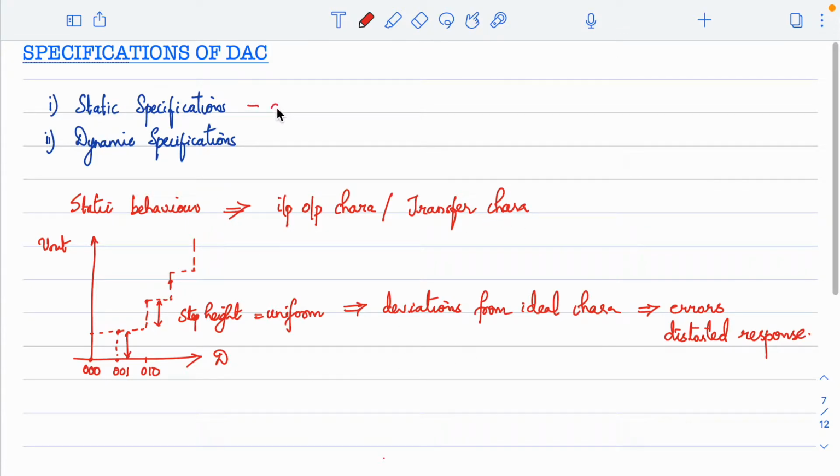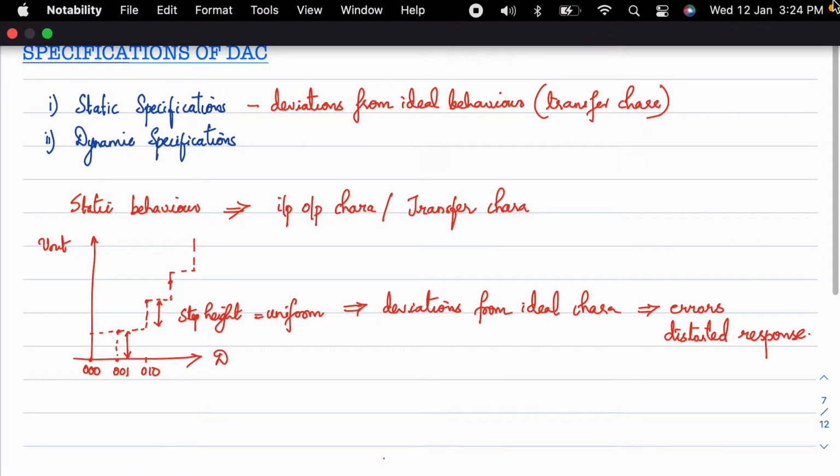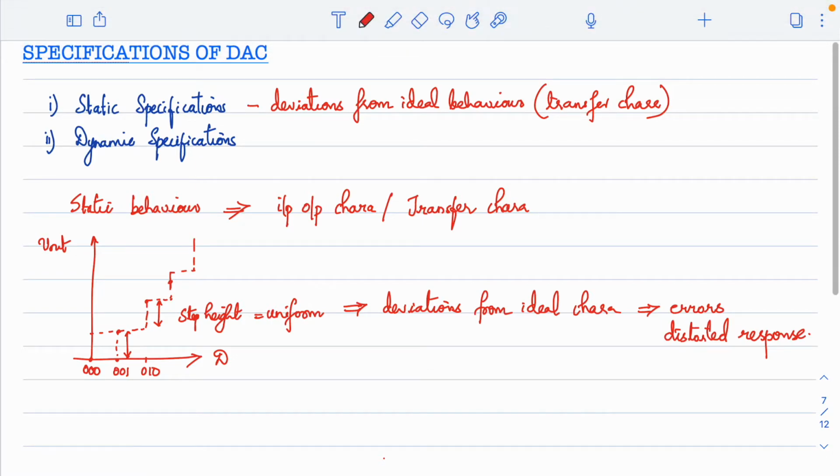Those deviations, so deviations from ideal behavior. When I say ideal behavior, here what I meant is the ideal graph of the transfer curve that I am looking at. So whenever there are deviations from this ideal curve, that will result in errors, and those errors are mainly quantified with the help of the static specifications, right? So deviations from ideal behavior are quantified